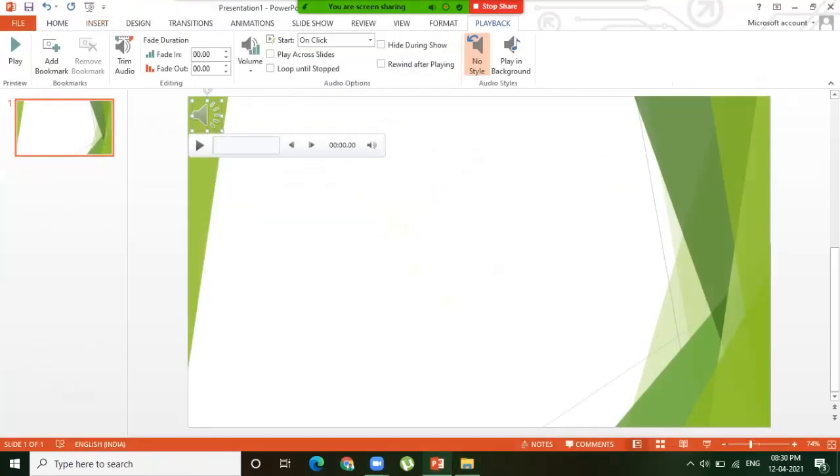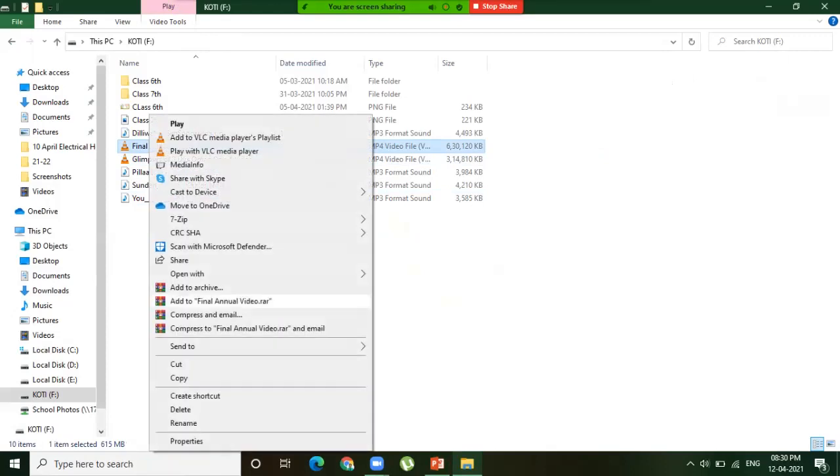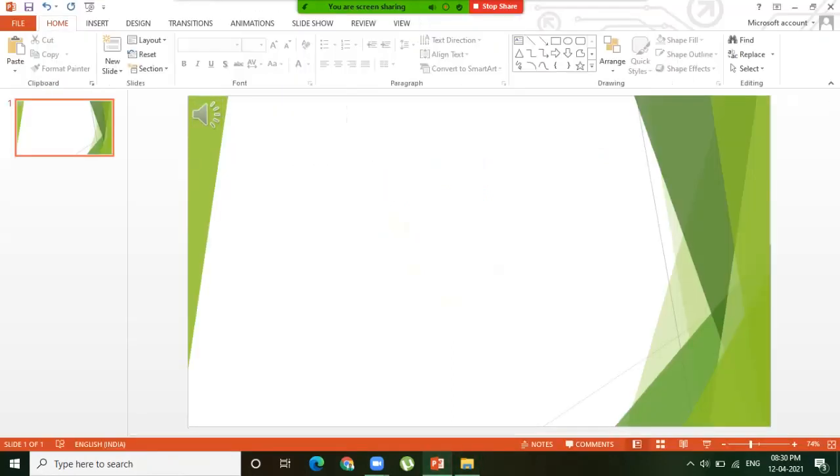and Control V. Yeah, the audio clip is possible to add here, and then we will try the video clip also, Control C, or you can right click on the mouse and select the copy option. The shortcut key for copy is Control C and you can paste it here.